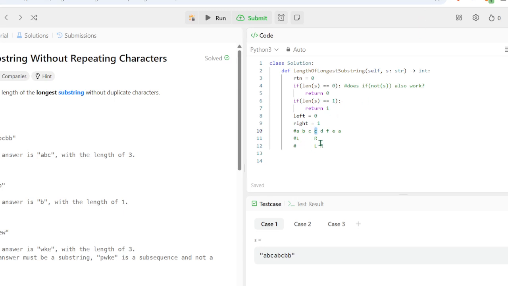Okay, so if this happens, then we need to set L equal to R and then R equal to L plus 1. And then we basically run until R reaches the end, right? So while right,